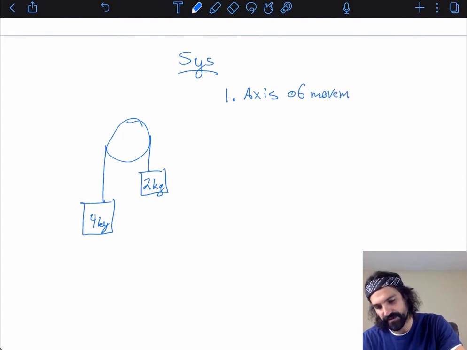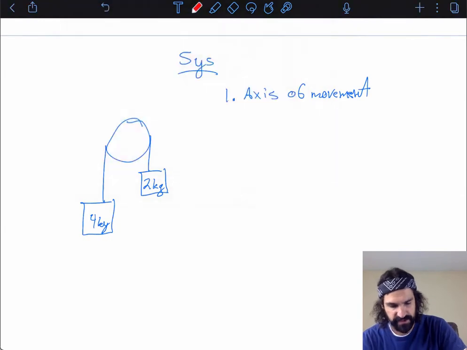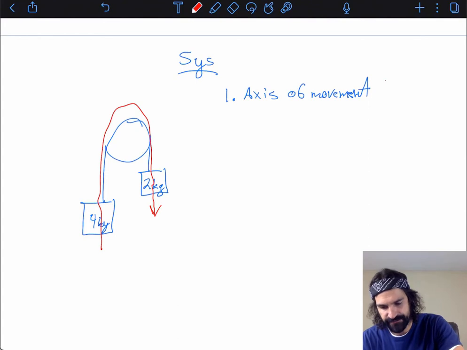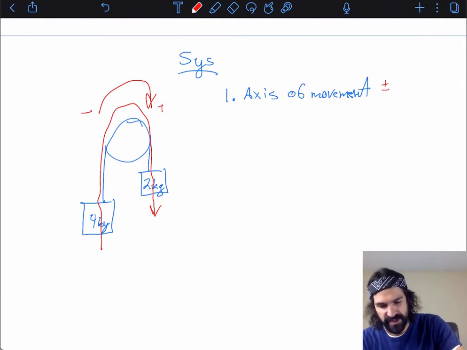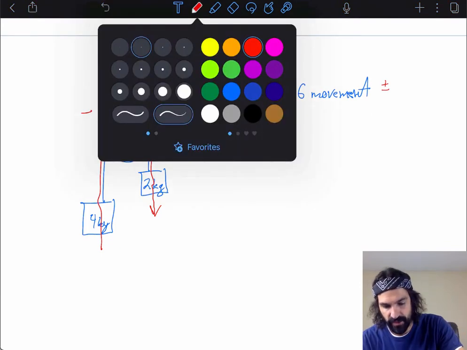And for us, just like we did in the last problem, I'm going to choose it. Well, this is the direction the motion is going, and I'm going to choose clockwise positive, counterclockwise negative. Step two is label all forces